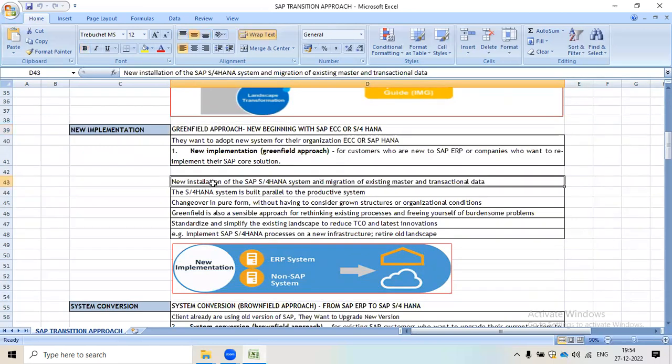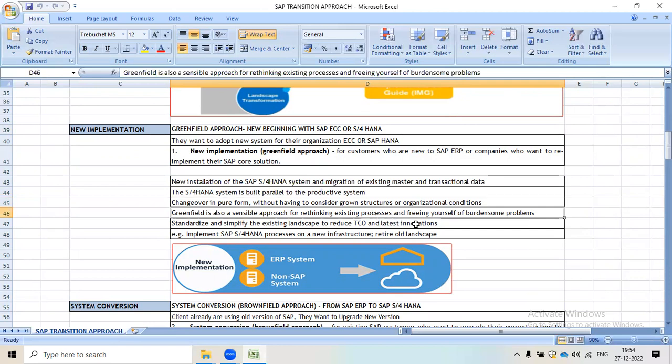We need to install the SAP S/4HANA system and migrate existing master data and transaction data. The SAP S/4HANA system is built parallel to the production system, and the changeover is done in pure form without having to consider grown structures or organizational conditions.